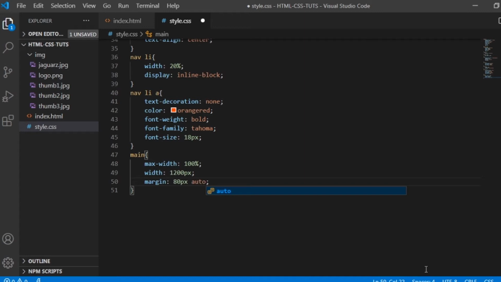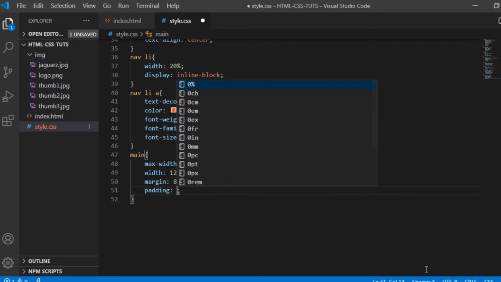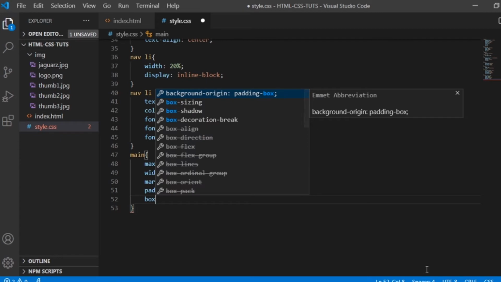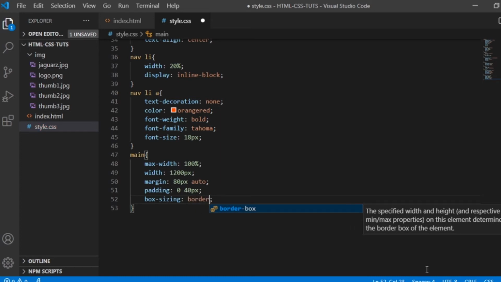Okay, and then for the padding, so let's create a 0 pixels to 40 pixels. Okay, and then box sizing is border box. Okay, border box.